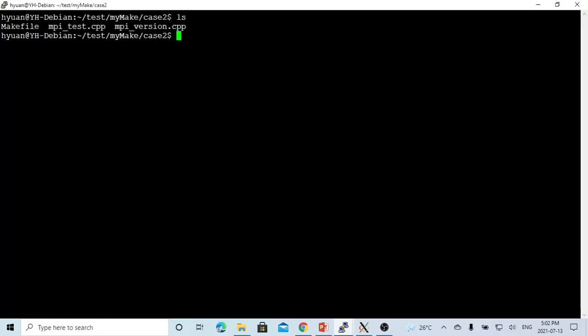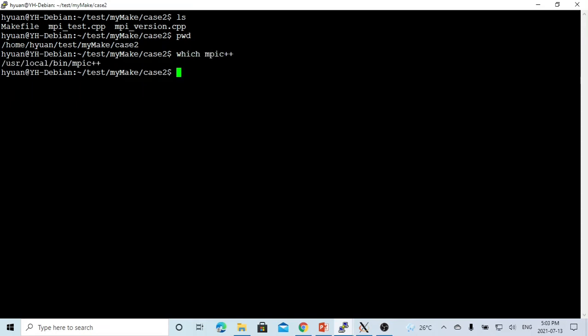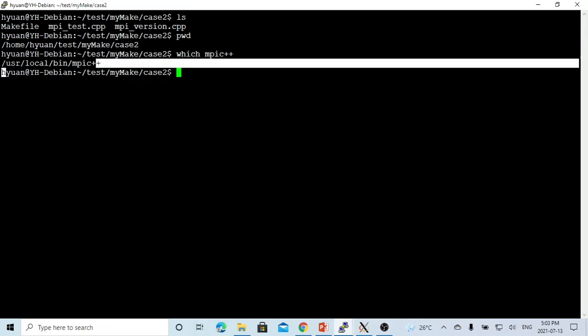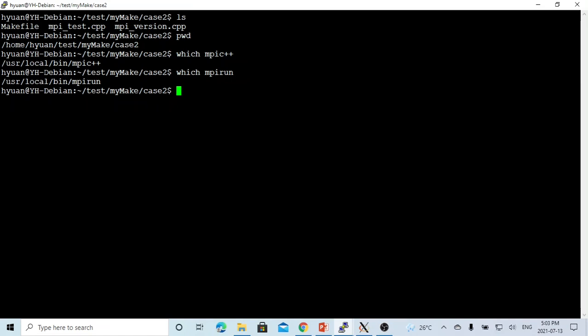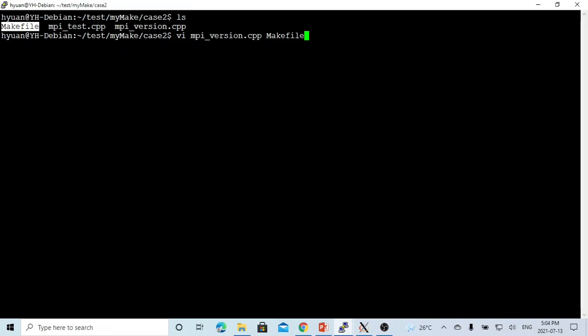We also have to set up the environment path, so our utilities can be found anywhere, such as in our test directory. We just type it. You can see we are able to find this, and also mpirun, the tool we are going to use in this demo. In order to test our MPI installation, we create a simple program called mpi_version.cpp,